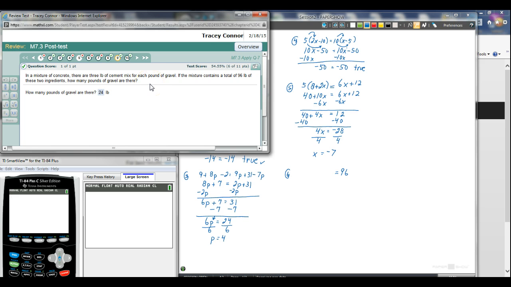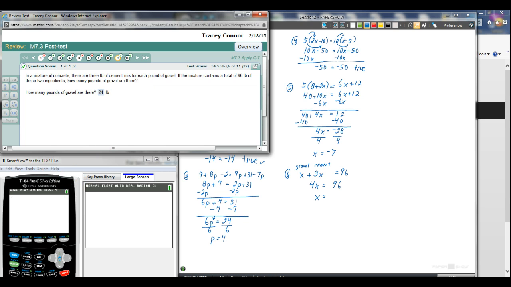And we'll make x our pounds of gravel. And then we take 3 of that for our cement. So this is going to be our gravel, and this is our cement. Okay. And then we have 4x equals 96. So x equals